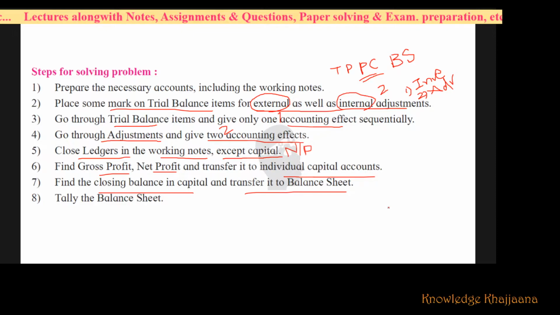As you are learning partnership final accounts, it is always expected that you should prepare the partner's capital account, either by the fixed method or by the fluctuating method. After the trial balance and trading account, you prepare the profit and loss account. Then you are expected to prepare the partner's capital account, and then the balance sheet. But in our illustration number 1, this step has been omitted. The partner's capital account is prepared in the balance sheet itself for illustration number 1, but actually you should go in this way.